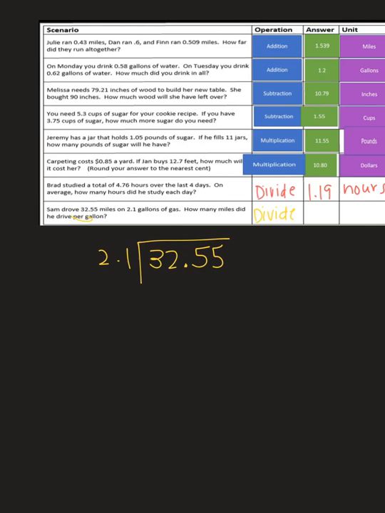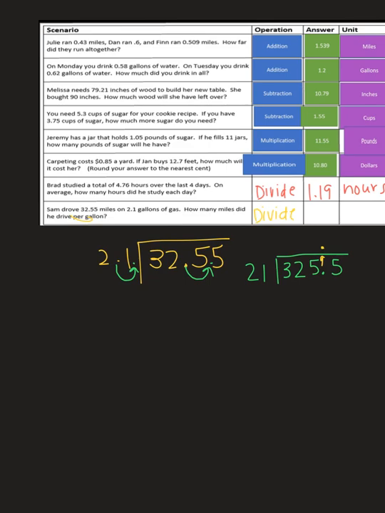So remember, when dividing by a decimal, you want your decimal to be moved to make that a whole number. And whatever you do to the outside number, you have to do to the inside. So I'm going to move my decimal one place to the right. And I like to rewrite my problem so it isn't so messy. So my new number outside was 21, and my number inside is 325.5. You can shoot your decimal through the roof so that you don't forget about it, and then